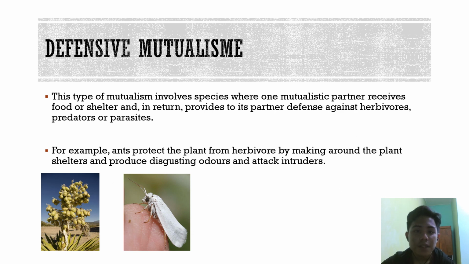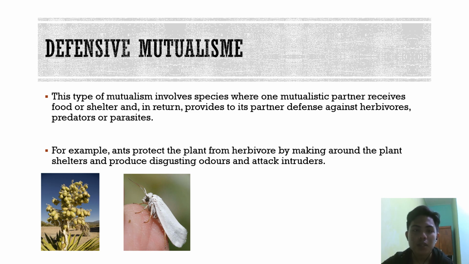As for defensive mutualism, this type of mutualism involves species where one mutualistic partner receives food or shelter and in return provides to its partner defense against herbivores, predators, or even parasites. For example, ants protect the plant from herbivores by making shelter around the plant, producing disgusting odors, and